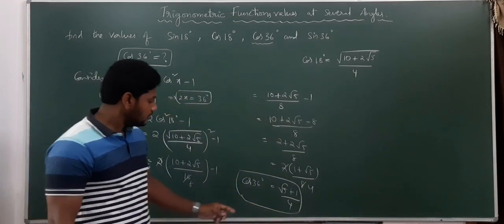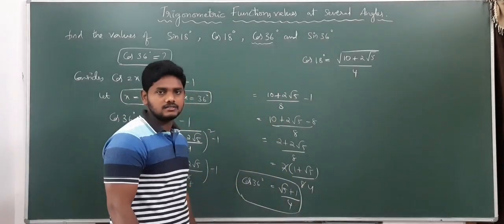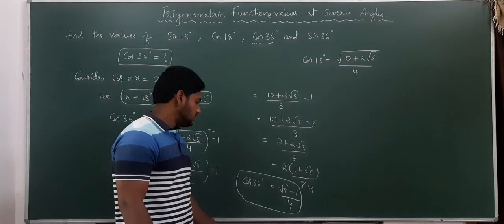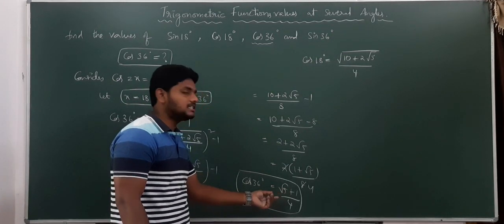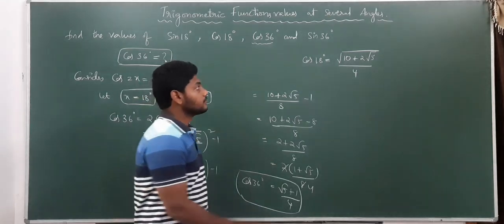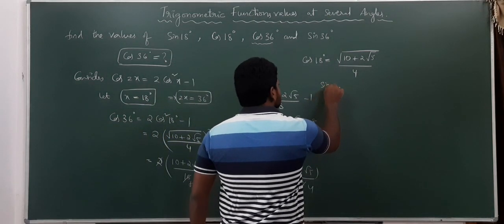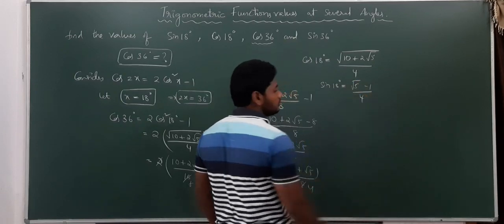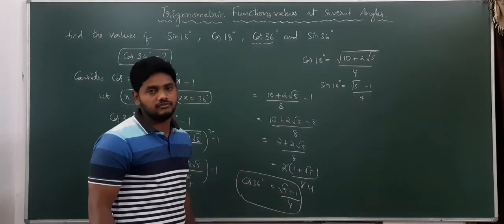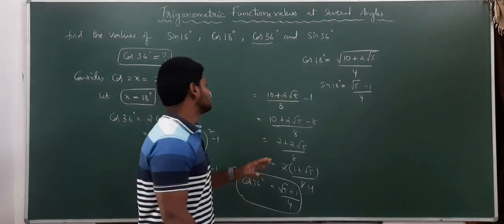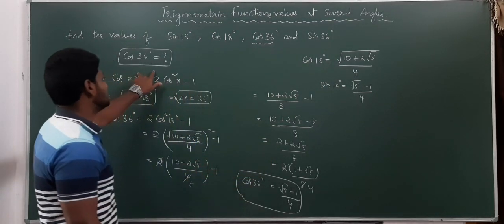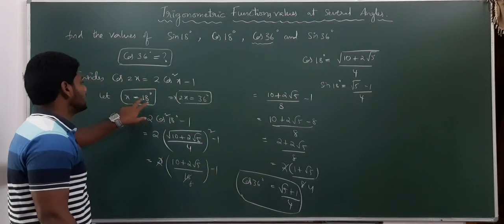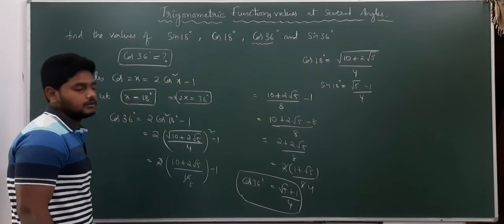See, are you seeing this value somewhere else? Yeah, a little bit similar to this. That is the value of sin 18 degrees. What is sin 18? Sin 18 degrees is equal to root 5 minus 1 by 4. But here it is plus, by 4. That you need to remember. So this is how to find cos 36 degrees value, that is by using x equal to 18, by using this formula.